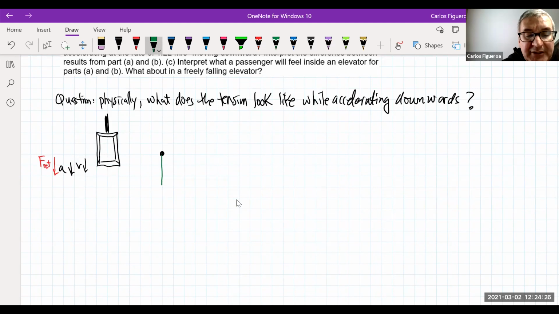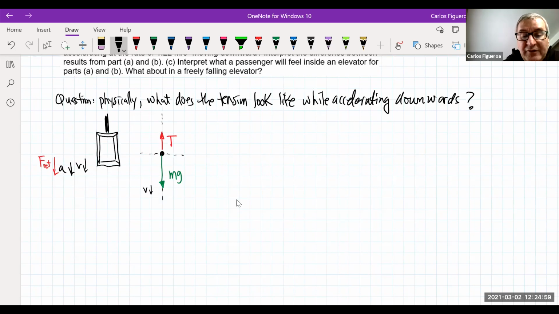Gravity does not change. The elevator did not change. So the only way I can accelerate downwards is that, what happens to the tension? It had to have decreased. It has to be smaller than the force of gravity. So if that's the case here, that means if you have an elevator accelerating in that direction,